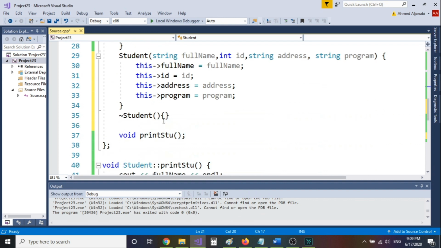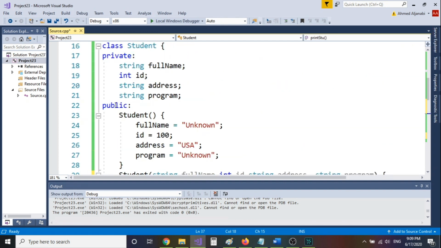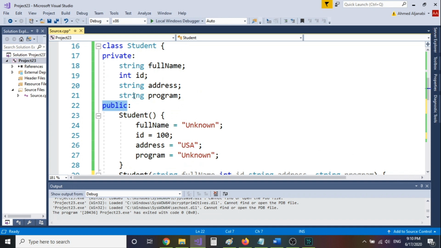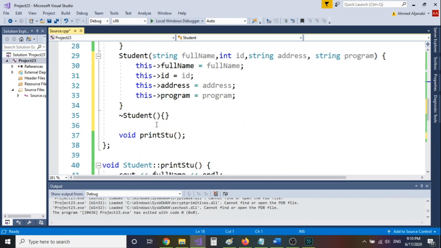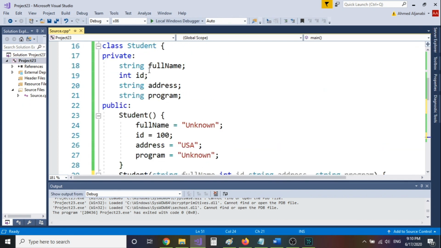So since I declared print, and print is a member in that class, it's public, so you can have access to it outside of the class, but at the same time, all these private elements, you can have access to them using the print method. But if you move outside and try to have access to them here, you cannot have direct access to any private members. So that basically will cause a lot of complications because, in a lot of cases, okay, what if